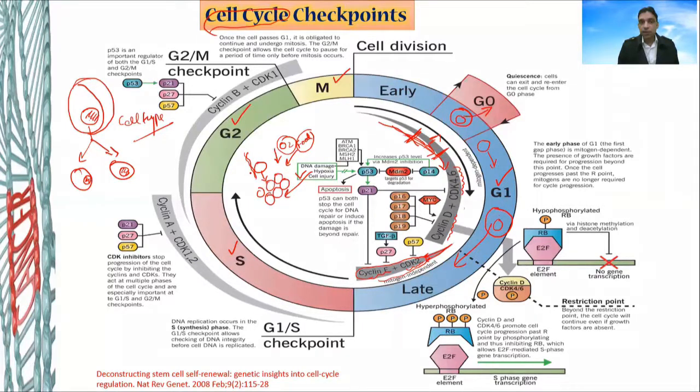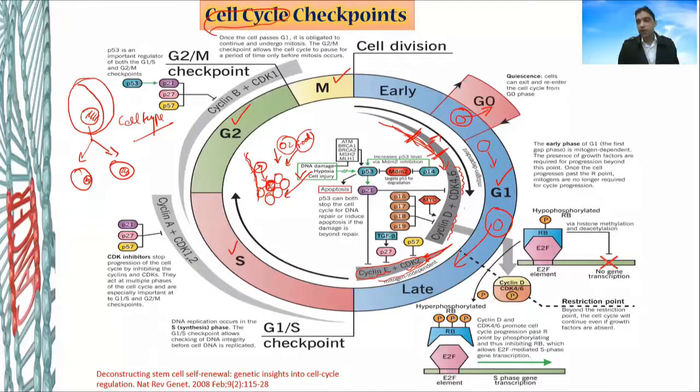capillaries are somewhere here, it is easier to soak the oxygen from these blood capillaries by that cell. But it is not possible very easily to soak the oxygen by these innermost cells. So the innermost cells find it difficult to get the oxygen from the blood capillaries. So such cells which are present deep within start feeling hypoxic. They start feeling less amount of oxygen. And that is a state where such cells will start making mistakes. So if a cell is hypoxic, if a cell is not getting enough food or oxygen, that cell is not supposed to go for cell division.